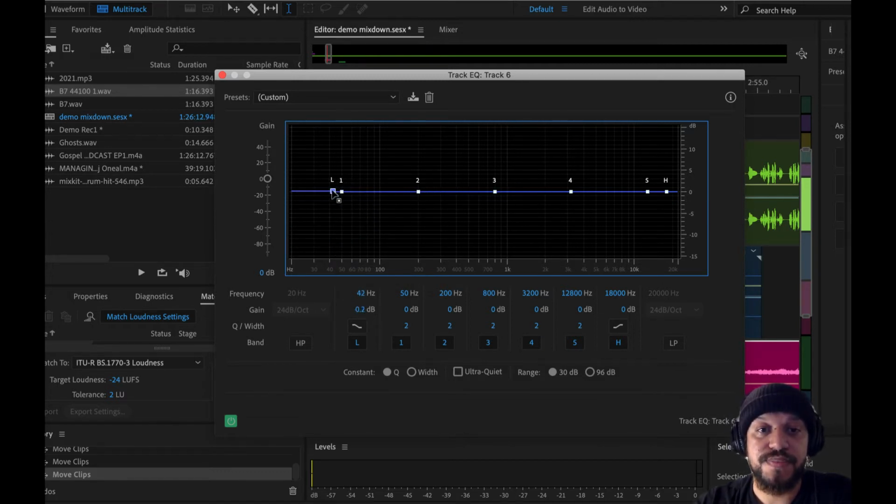So in EQ, just a brief overview of EQ, you have something called high pass, which means all the frequencies on the low end are being removed and all the high frequencies are going to be allowed in. So if I press play,